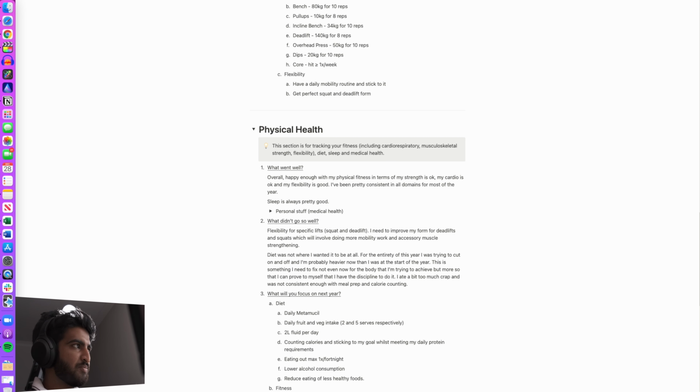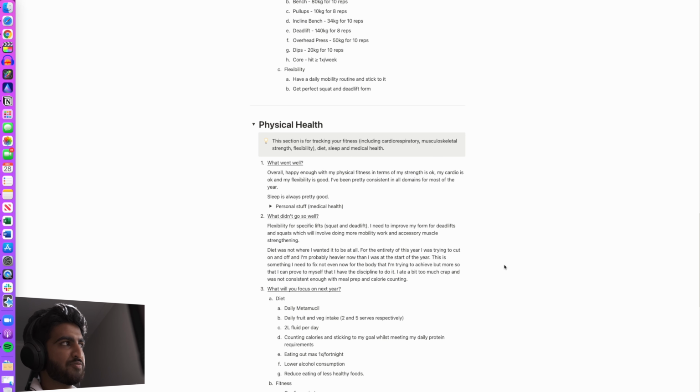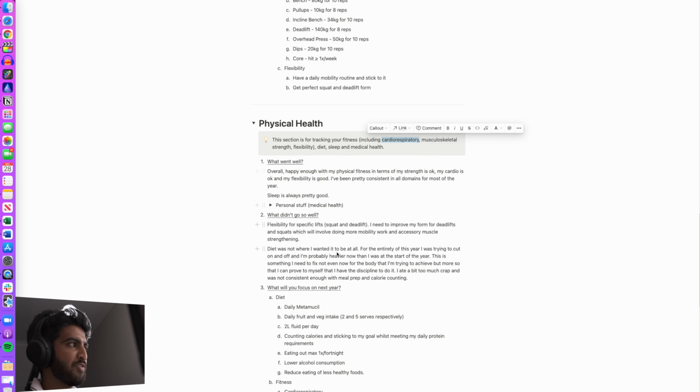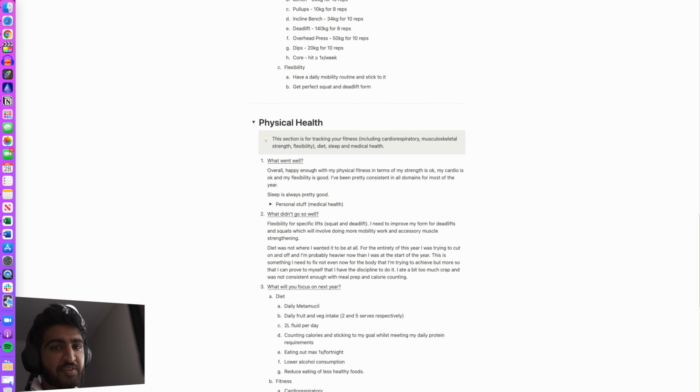And I consider physical health to be comprised of 4 main factors. Those are fitness, diet, sleep, and medical health. And then you can break fitness down into a few different components, which I consider as cardiorespiratory fitness, musculoskeletal strength, and flexibility. So I want to live a life where I'm as functional as possible for as long as possible. And I want to be one of those grandpas who's still able to complete a half marathon and who's still squatting 2 plates and able to touch their toes. And so that's why optimizing for physical health is an important thing for me.